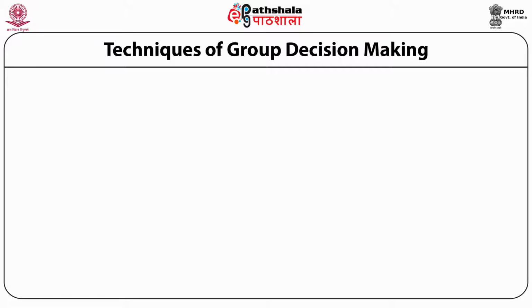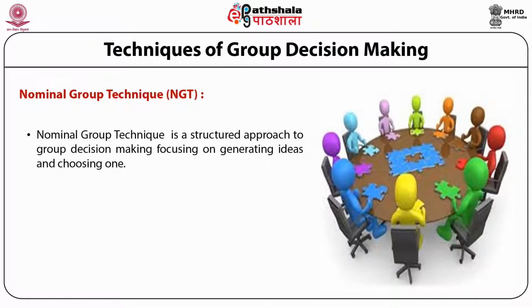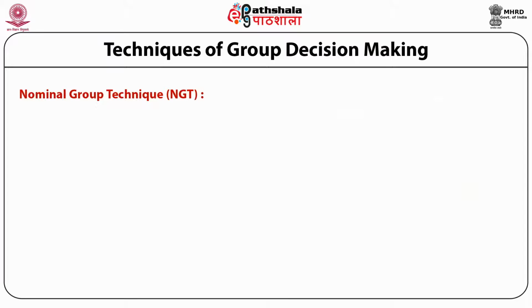The second important technique is called nominal group technique or the NGT technique. Now, this is a structured approach to group decision making which focuses on generating ideas and choosing the one which best suits the needs of the group. Let's discuss this technique in a little bit more detail and find out the various steps that are involved in NGT decision